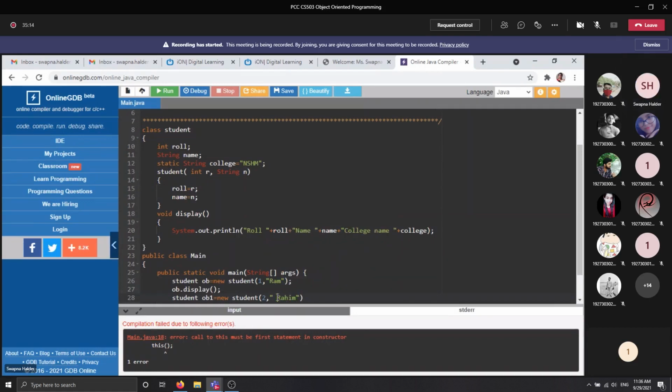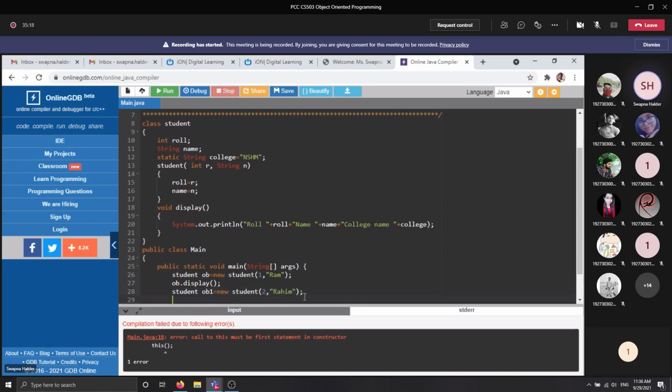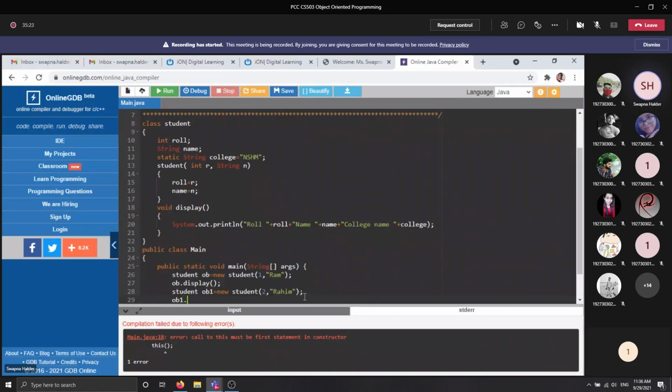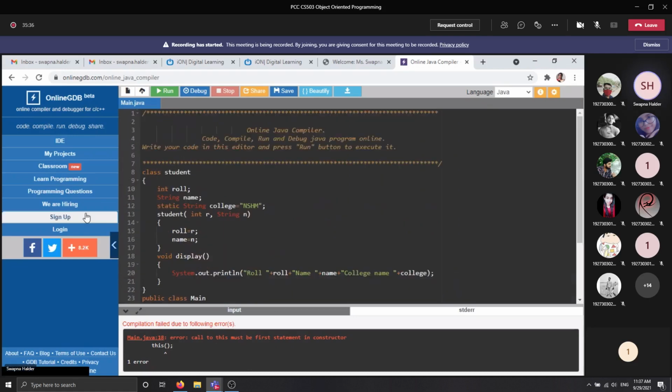So these two are the objects of the class Student. Next, we are calling the display method. Got it? So just run this code.